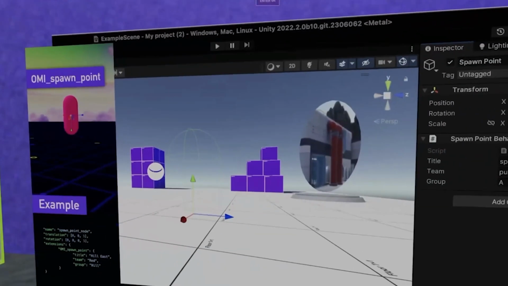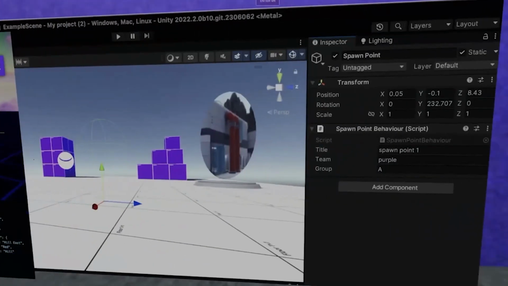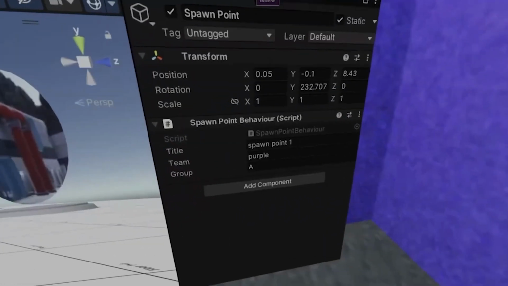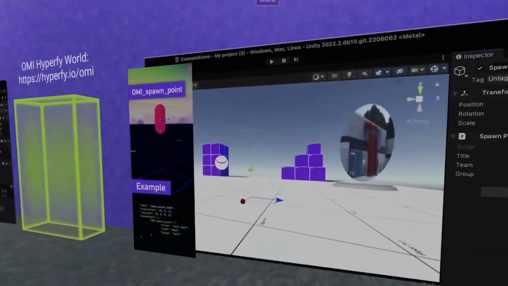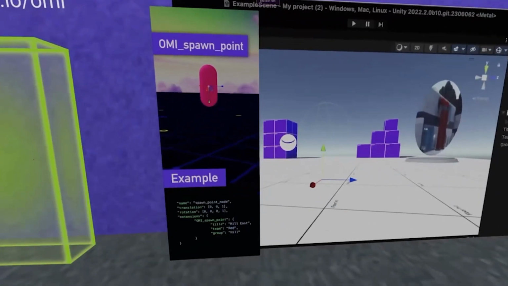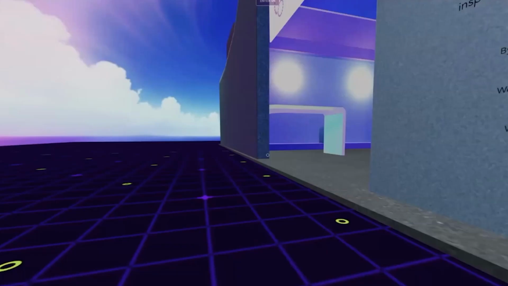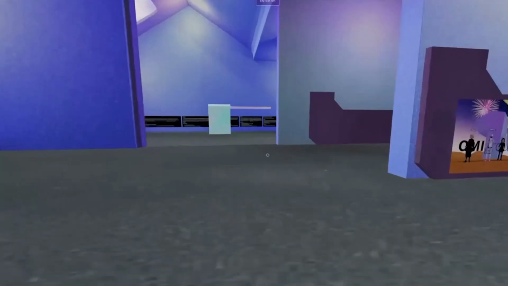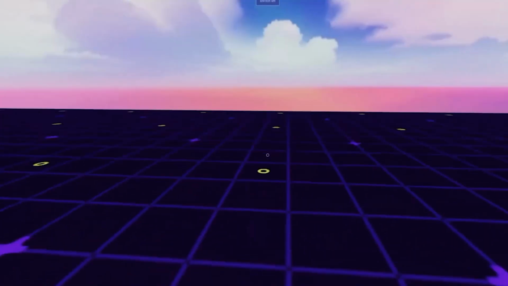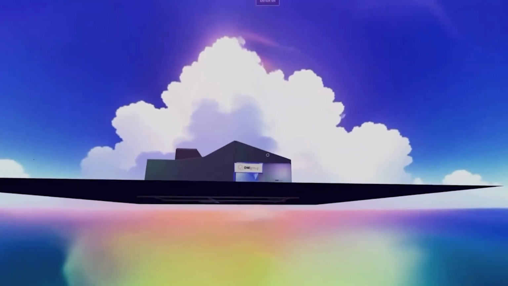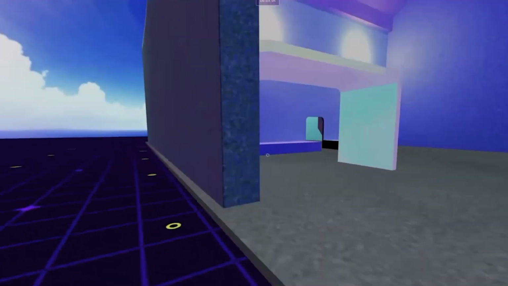We have this implemented in, I believe, Third Room, and also the Three Object Viewer plugin. And this is all it really is. You get a title, a team, a group, and it'll export that out for you with the extension. So to demo it, if I hit the R key, I should end up at the door where I started off. So yep, here we are. That's my spawn point, and that totally works. Then again, if I fall off the edge and then hit the R key, I'll respawn at that spawn point.